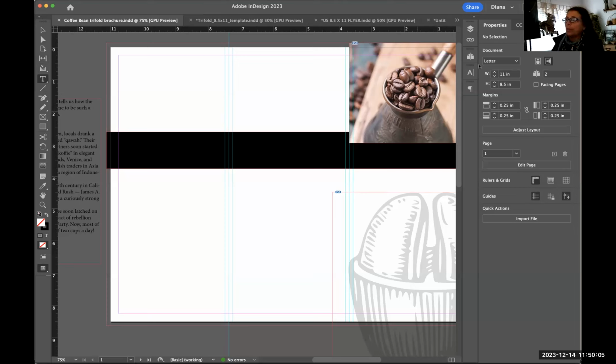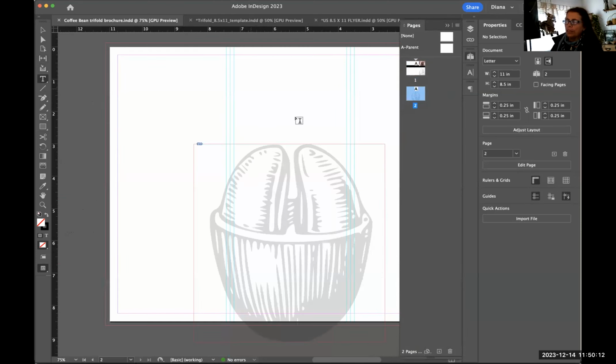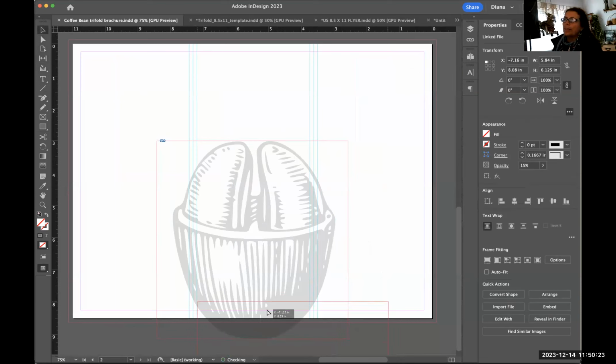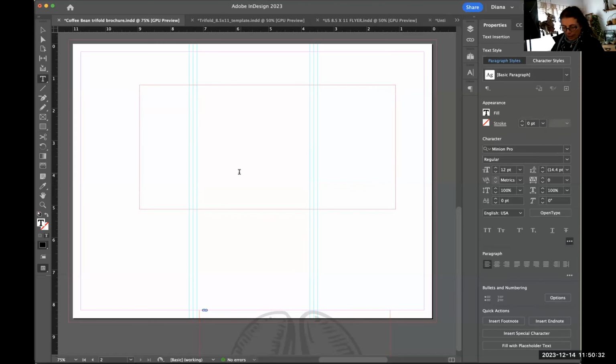And if you want, you can move over to page 2 if you haven't put anything in there. Oh, I did put something in it. Just move over here into this page. Here, I'm going to move this out of the way. Let's drag it out. I want an empty place because I want to show you some things about type. So let's go ahead and make a box. You can make it big, whatever you want. And let's write the name of this coffee cup, which